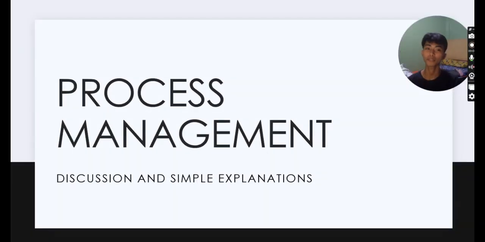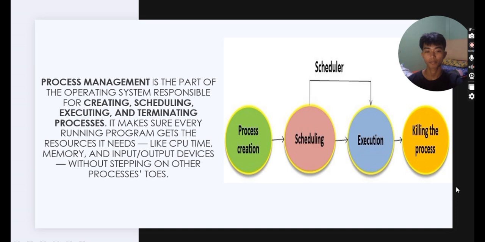And some simple explanations about process management. Process management is a part of the operating system responsible for creating, scheduling, executing, and terminating processes. It makes sure every running program gets the resources it needs, like CPU time, memory, and input-output devices, without stepping